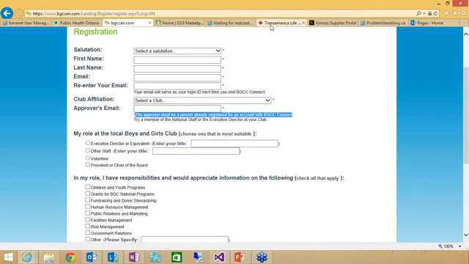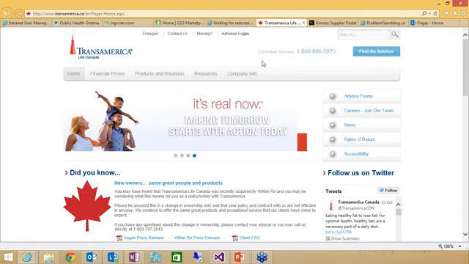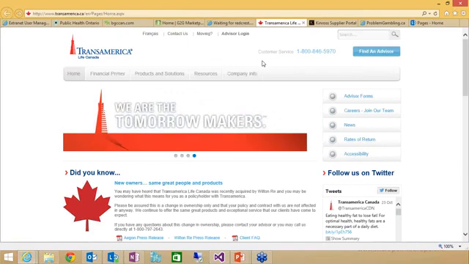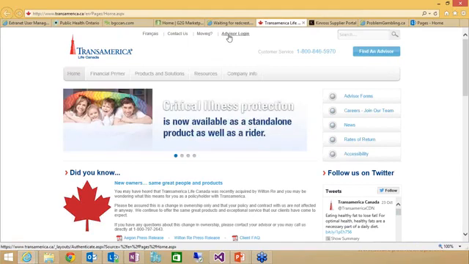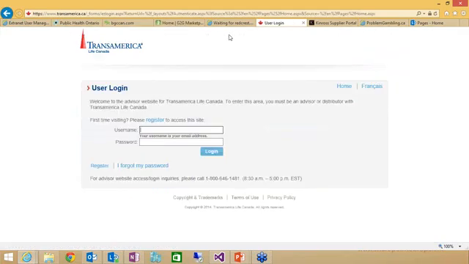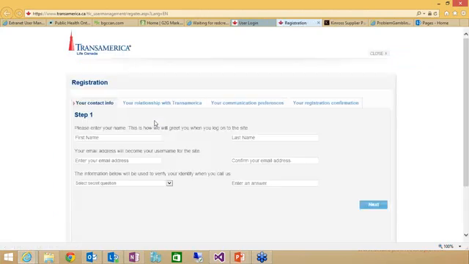If we go to the other end of the spectrum, somebody like Transamerica Life, again, a public-facing site on SharePoint 2010, you can see here there's an advisor login link. If I go ahead and click on that, again, we get a login form. Click here to register. It's going to ask me a lot more questions here because at the end of the day,